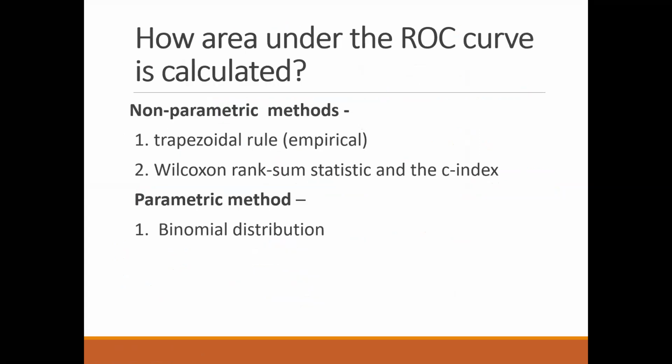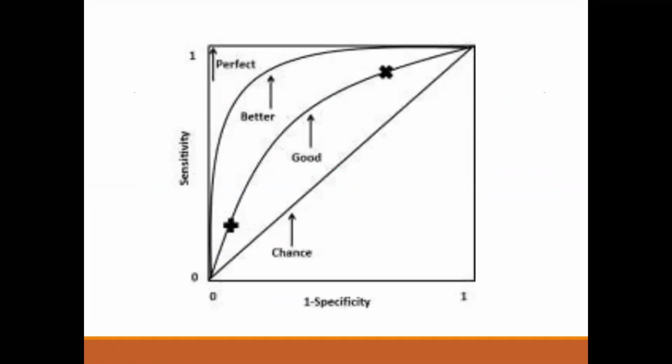Now, how is this area under the curve calculated? There is a mathematical method in which the area under the curve is calculated. Basically there are methods: one is called parametric, the other is non-parametric. In the non-parametric method, it is usually calculated using the trapezoidal rule that joins all the points, and then it is summed up using some particular index, and then the area is calculated. And then there's the parametric approach, in which the area under the curve is calculated based on the distribution.